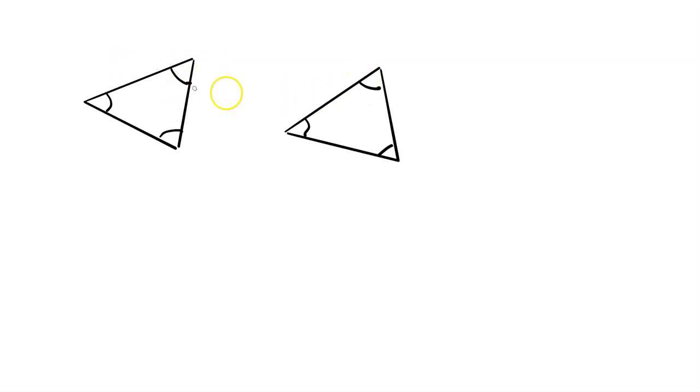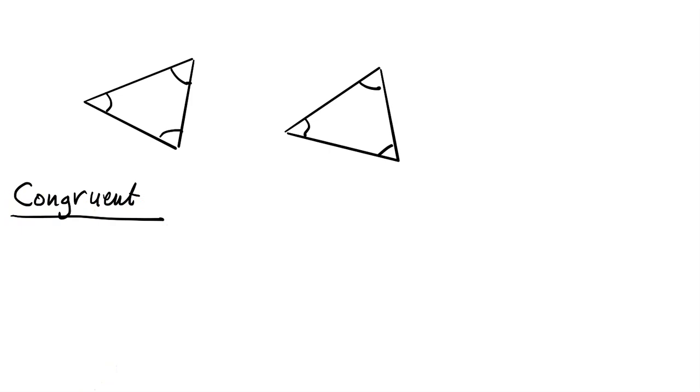And if all the corresponding sides are proportional, so for example that is 2, that is 4, and this is 3, and that's 6, and that's 5, and that's 10, then they're all proportional. In this case they are similar. But is there some other way we could check without just checking in the figure like this? Is there some other way we can check if two triangles are similar and congruent? Yes, there is. We have some conditions, and if they hold, then we know that the triangles are congruent and similar.